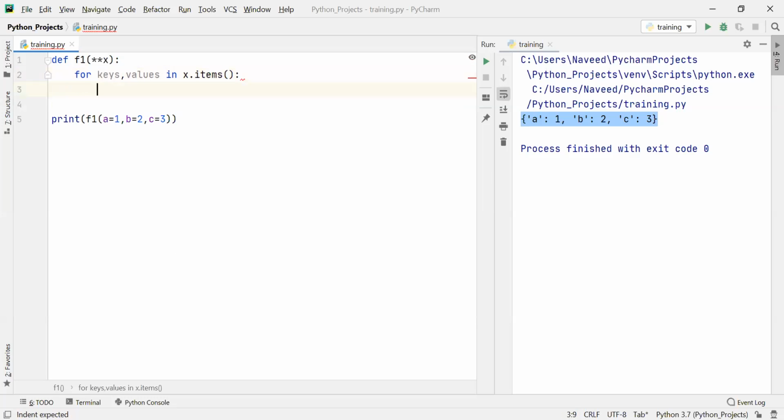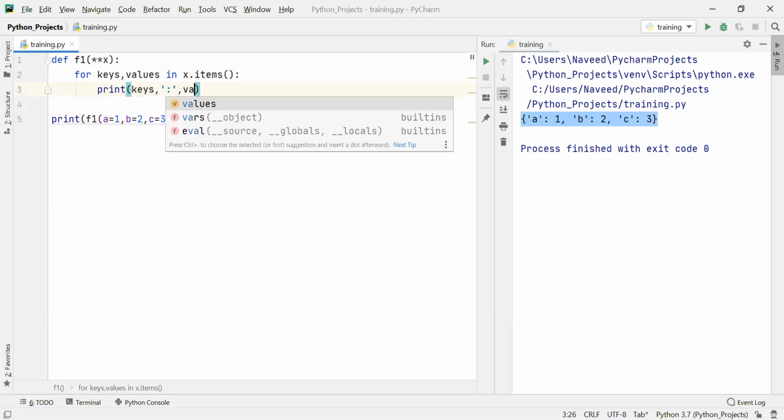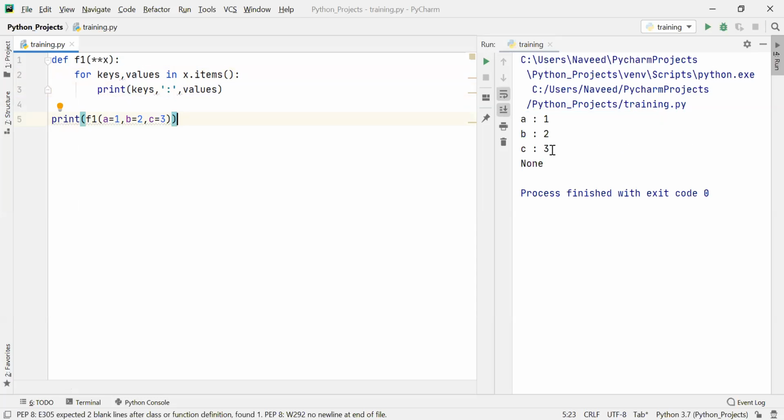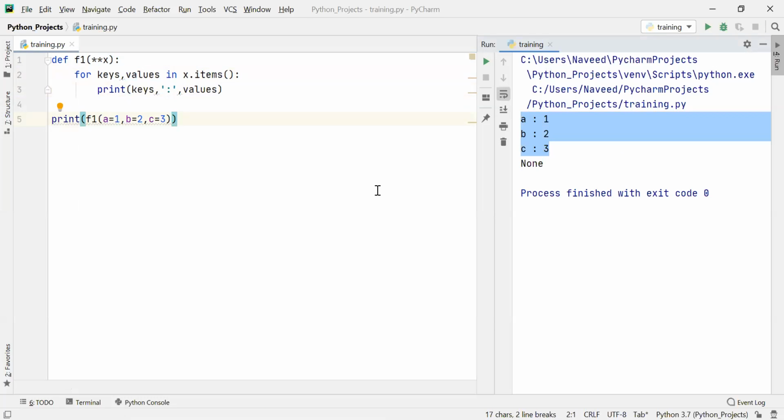Okay, and then print, you can first print the keys, and then you can print the values. Okay, so this is also, you can do it. So you can see here, I'm getting the value 1, 2, and 3. So this way also we can do it.